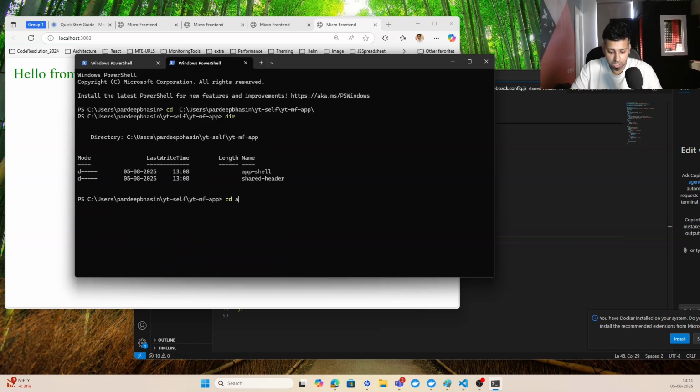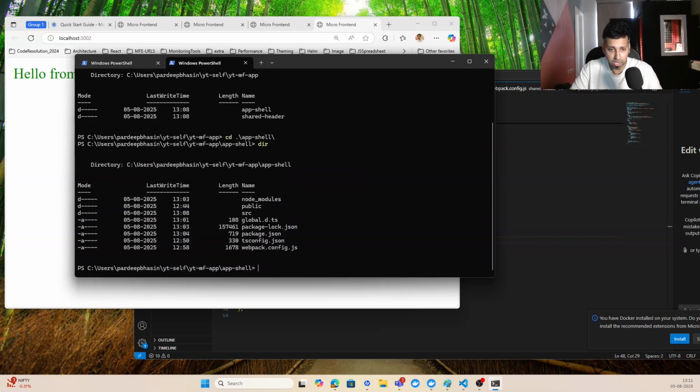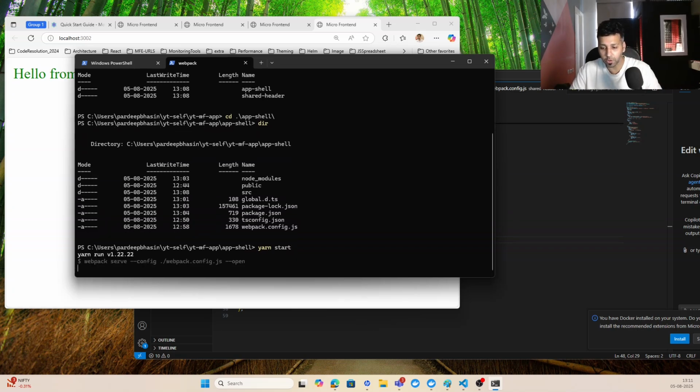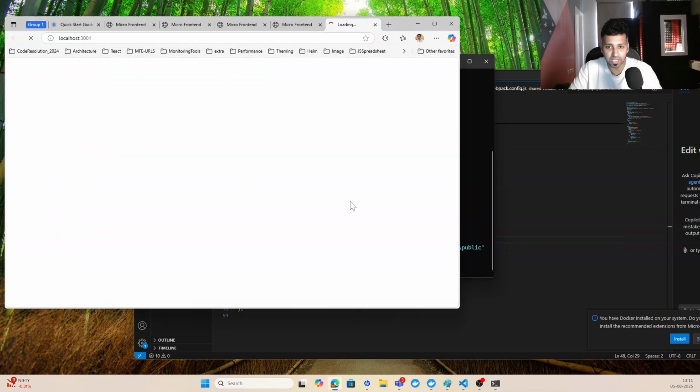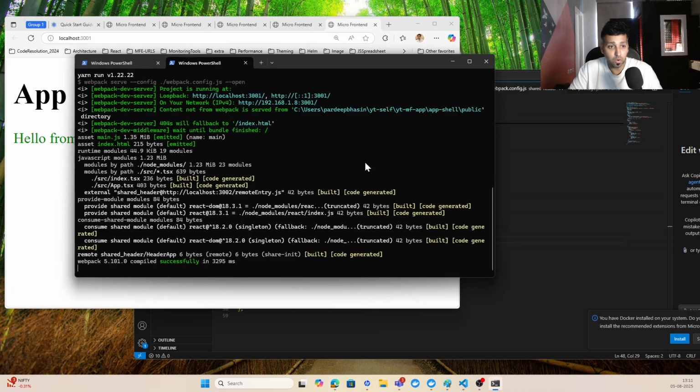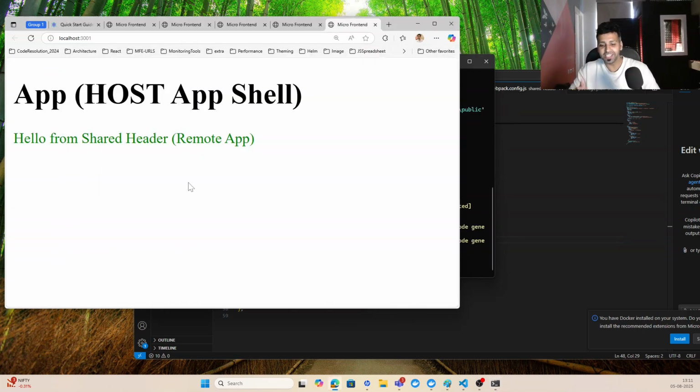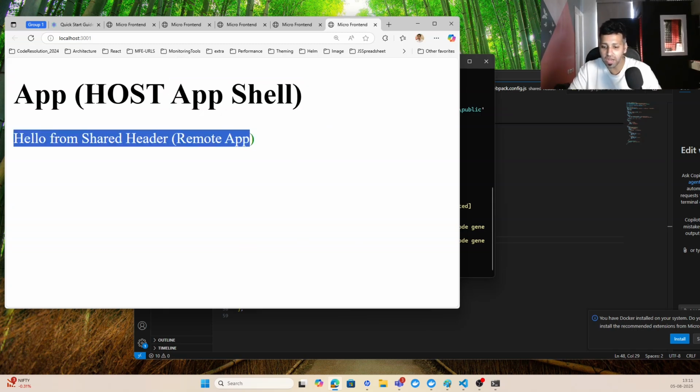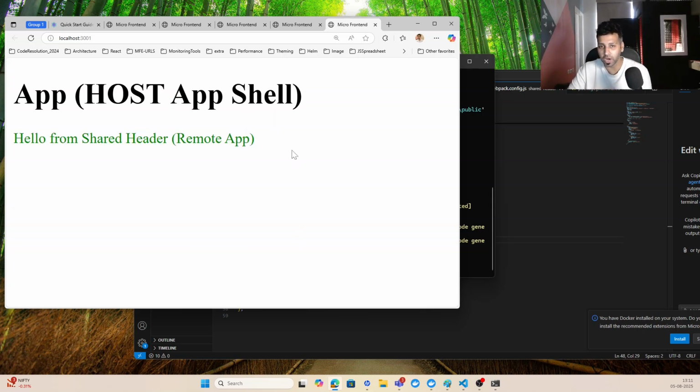cd app shell dir. Now what I'm going to do is yarn start. Let's see अगर ये बिल्ड हो जाता है या ये भी कोई एरर देता है हमें फर्स्ट इंस्टेंस में। ओके, दिस हैज़ बीन ऑल्सो बिल्ड। नाउ यू कैन सी दैट योर ऐप होस्ट ऐप शेल की ये आपकी पेरेंट एप्लीकेशन है। पेरेंट एप्लीकेशन के अंदर आप अपने चाइल्ड माइक्रो फ्रंट एंड को कॉल कर रहे हो, राइट।